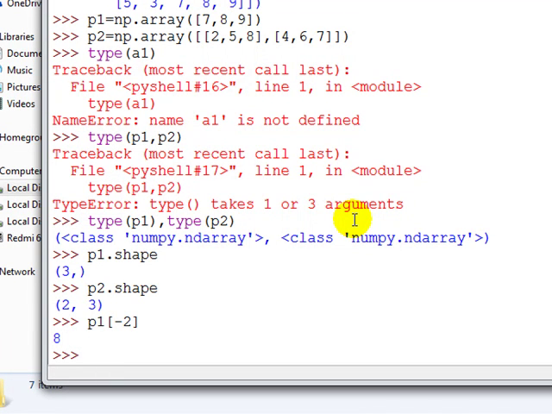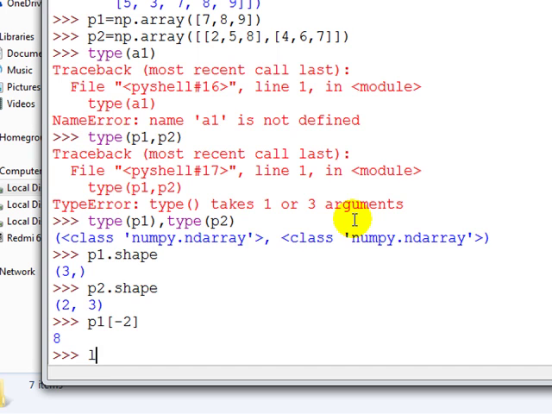Now let's move a little further, and see that numpy arrays support vectorize operations. So today we discuss vectorize operations. What is a vectorize operation? If you apply a function, it performs on every element, or we can say every item in the list or in the array. But it is not possible in the list.